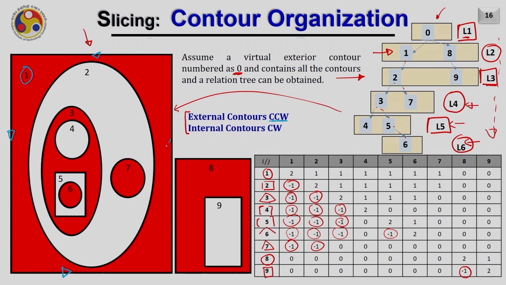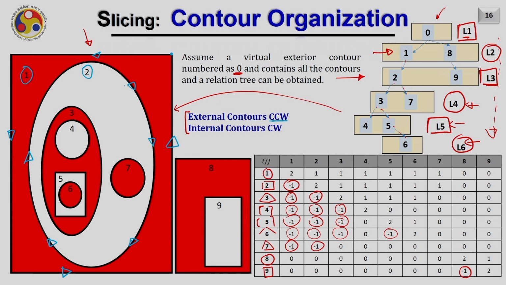We have already seen how to sort these edges. You need to just make sure that the edges start from any point and then they go in the counterclockwise manner. And if it is an internal contour like contour number 2, it should be in a clockwise manner, means the edges of the internal contour should be in such a way that they form a polygon in a clockwise manner.